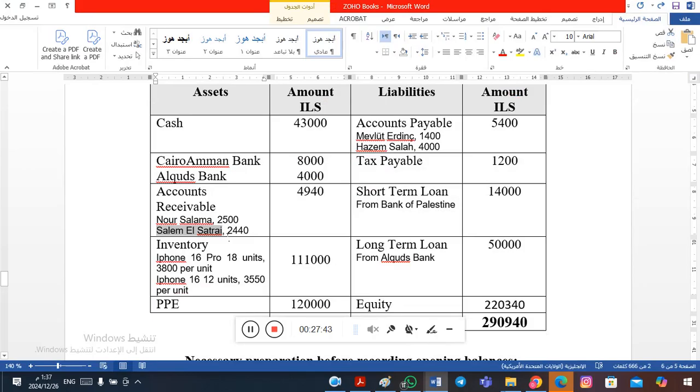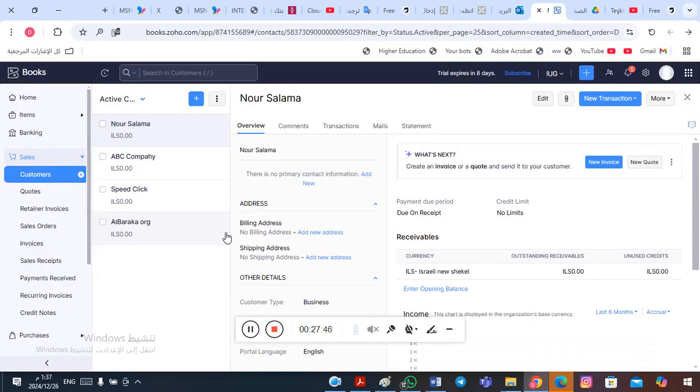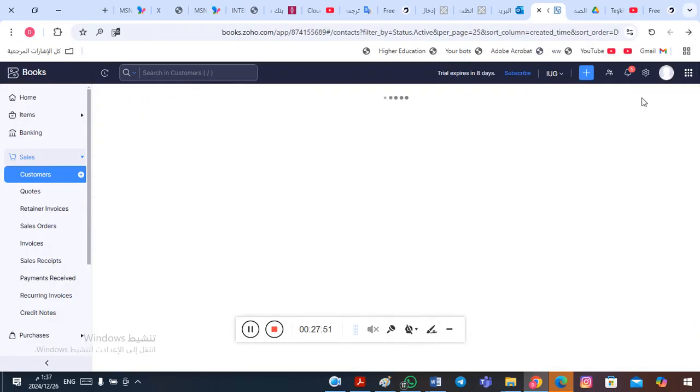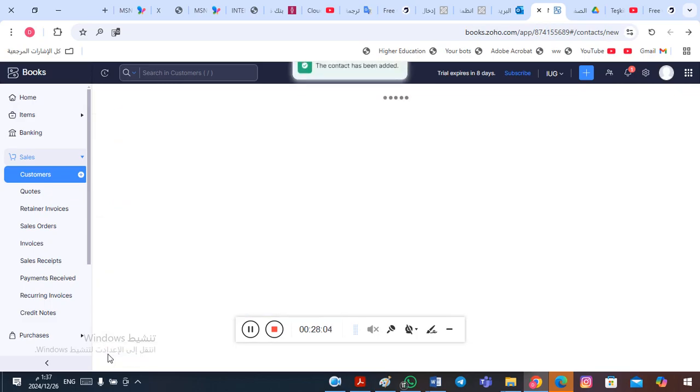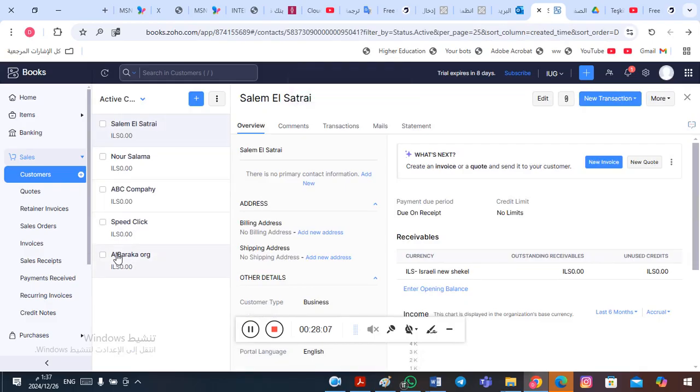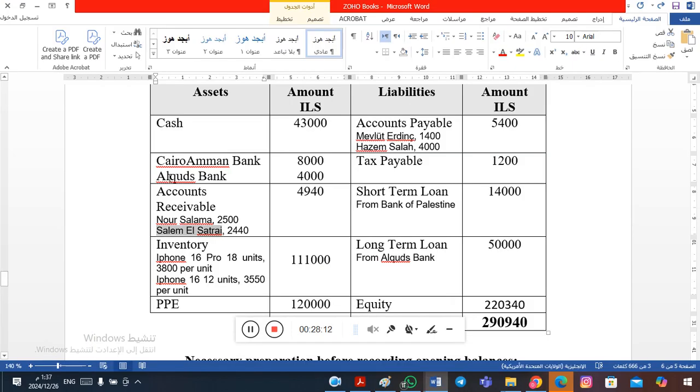Salim Al Satari, okay, the same thing. We have to go here, close this, and click new, write your customer name, select it and save. So in this case, our customers list contains the two customers that appear in the balance sheet. So that's okay. Now let's go to accounts payable, and we also have